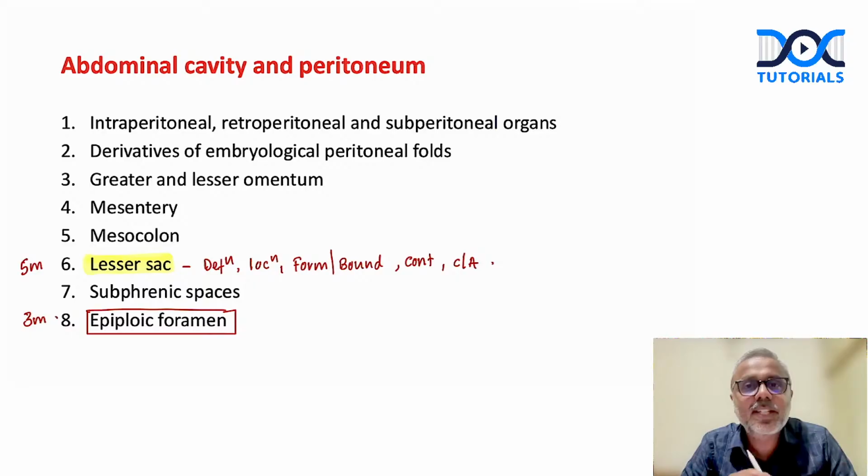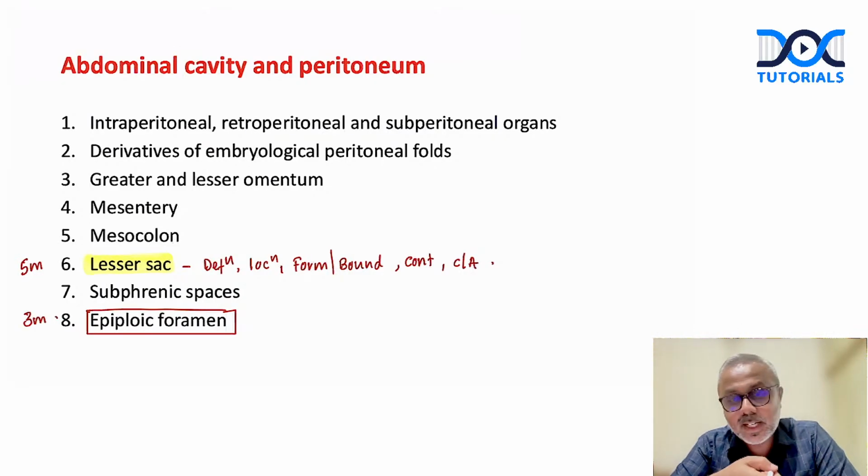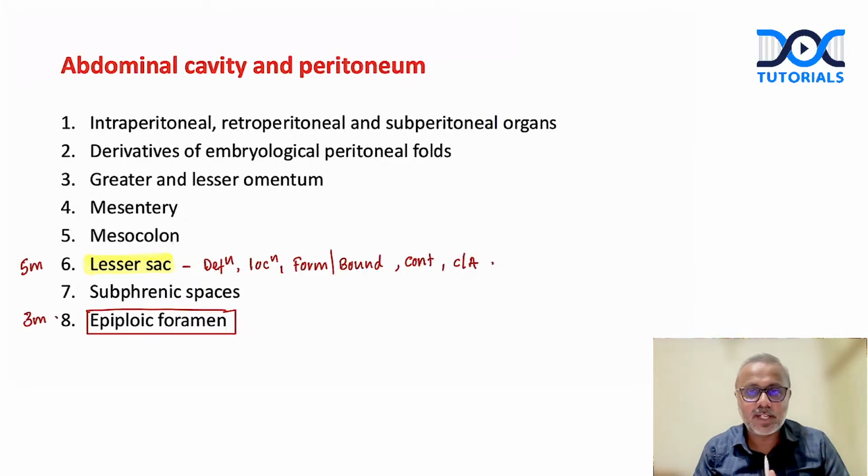In fact, once we had seen a question where the question was like this. Let's say a 40-year-old patient was brought to the emergency department with a stab wound to the abdomen. The stab wound has penetrated through the posterior wall of the stomach. Which peritoneal cavity is more likely to be entered by the tip of the knife once the posterior wall is pierced? Describe the boundaries, formation, clinical anatomy of this sac or this peritoneal cavity, right? So lesser sac, this is how case-based questions can be framed.